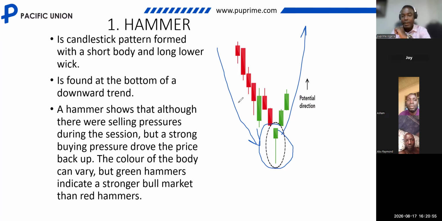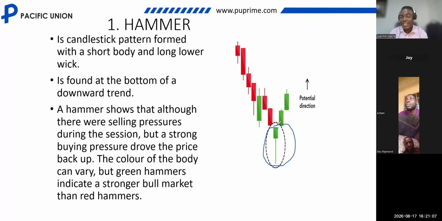So, like I said, a recap. In a downtrend, you have the hammer. It can be a green candle or a red candle. Now, the other thing you need to note about the hammer is that after the hammer has been formed, you don't just jump into a buy trade. No, you wait for the next candle,